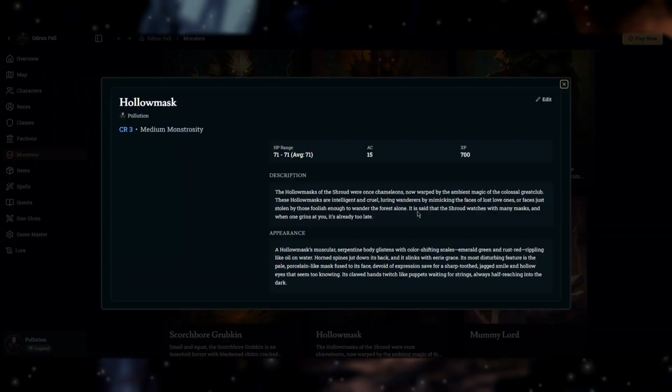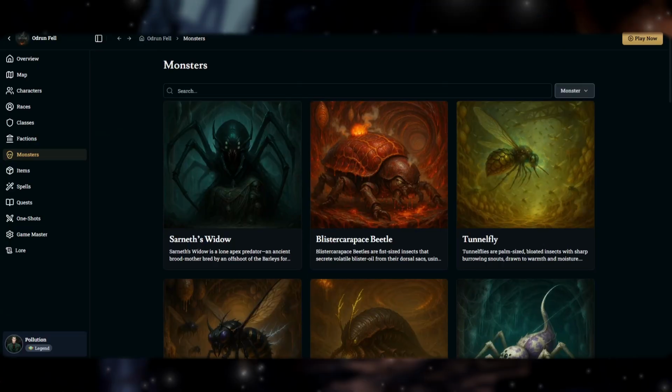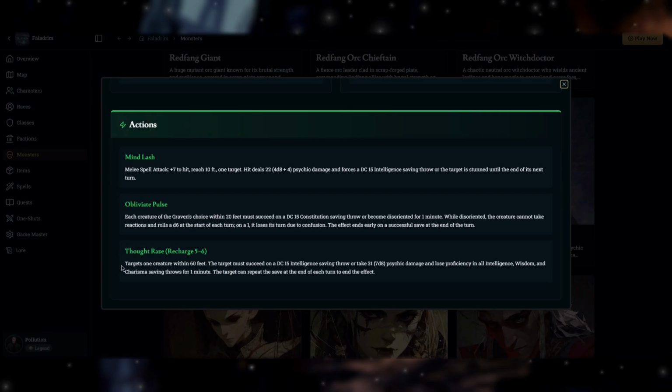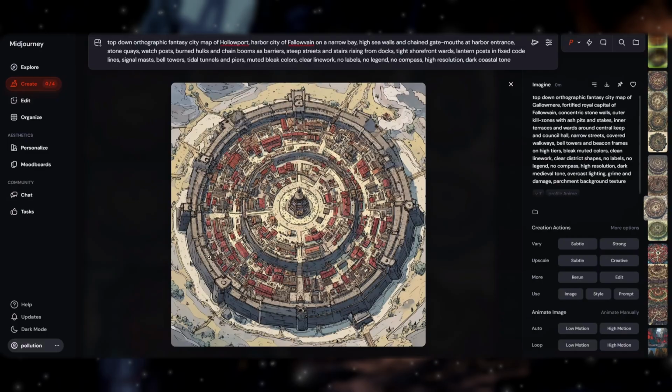I do the same thing with the monsters, and I showed you how I made monsters before. If you have the monsters ready, then as you build out areas, you can just start sliding the monsters in that belong there. We're going to start with some of the cities that are in Follow Vein,